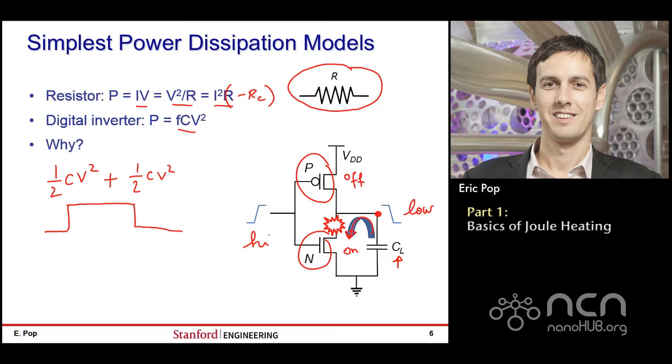This is the full period, of course. The period is essentially shown over here. This is the full period, which is also 1 over the frequency, right? And therefore, the power, of course, is energy divided by time, and that will be frequency times CV squared, because we have a capacitor charging on the up cycle and discharging on the down cycle, essentially.